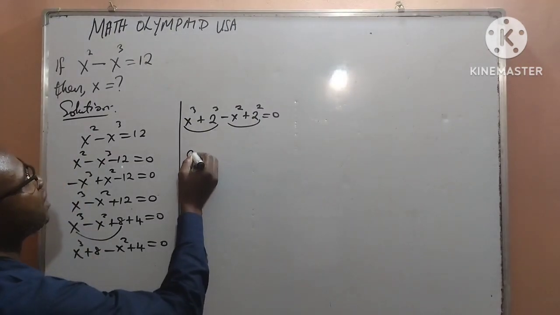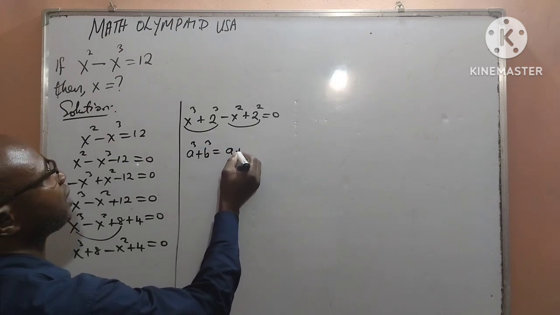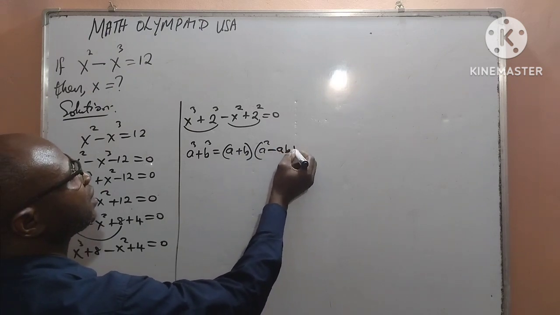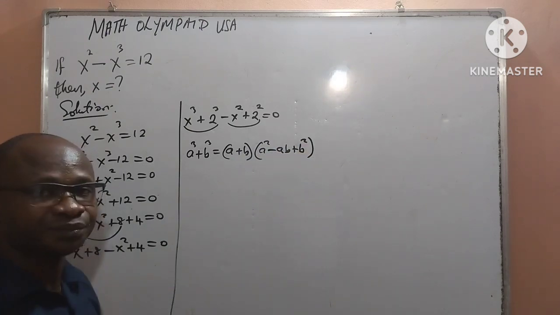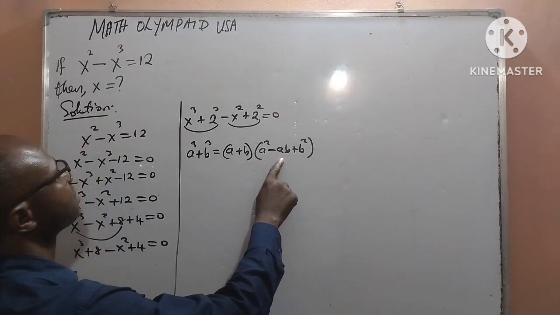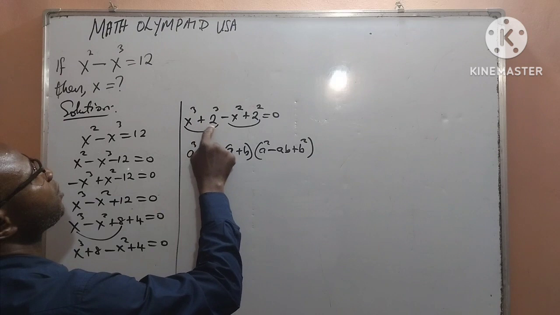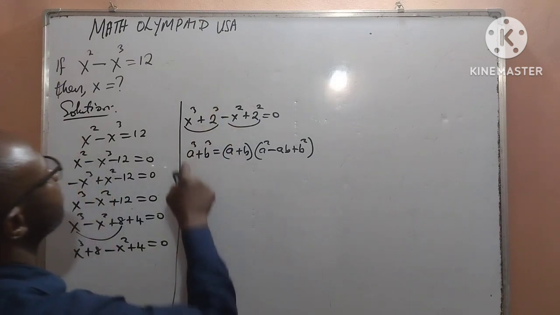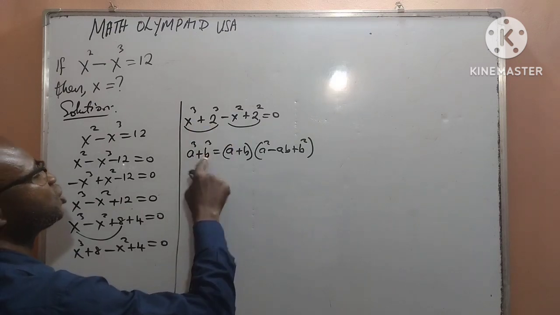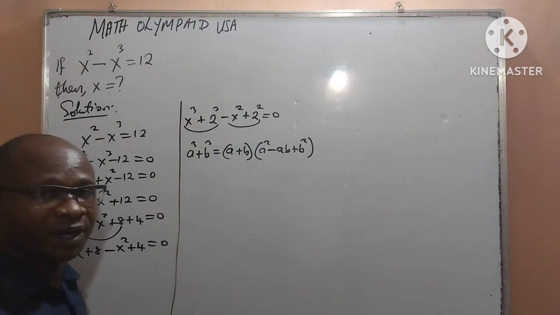But you can recall that a to the power of 3 plus b to the power of 3 is equal to a plus b into a squared minus ab plus b squared. Alright. By this, I will be using this method to express x to the power of 3 plus 2 to the power of 3. That means my a is x here, and my 2 here is b. Applying this rule to x to the power of 3 plus 2 to the power of 3,